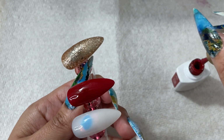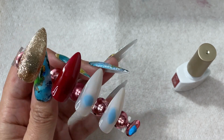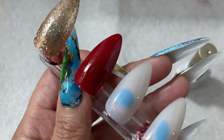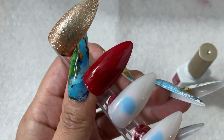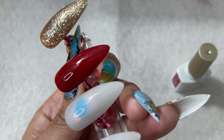And yeah, I have a whole red set. I think I did a swatch video. I have a whole red set of theirs and it's really pretty. I like it a lot. Look at that. It's a deep red with almost a brownish kind of undertone to it. Not quite burgundy, but